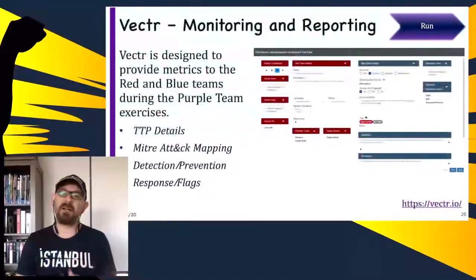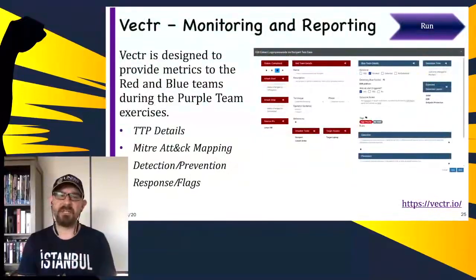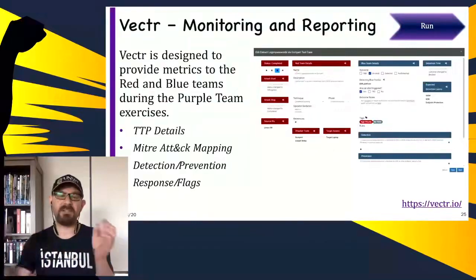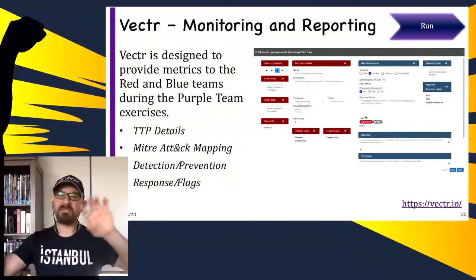And Vector can help you to keep those metrics as well as supporting features in a certain application. Vector is also an open source application. It manages the TTP details. It has MITRE ATT&CK implementation and supporting its back, as well as red and blue team